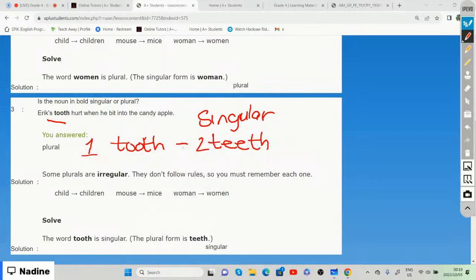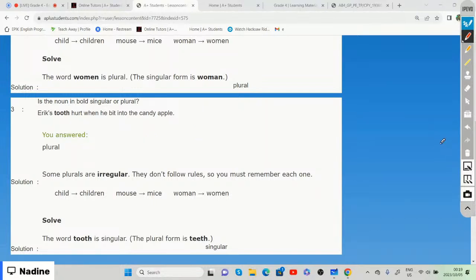So tooth is singular, and the plural form of tooth is teeth. Teeth is when we refer to maybe two or more of your teeth in your mouth. All right, so that is singular and plural